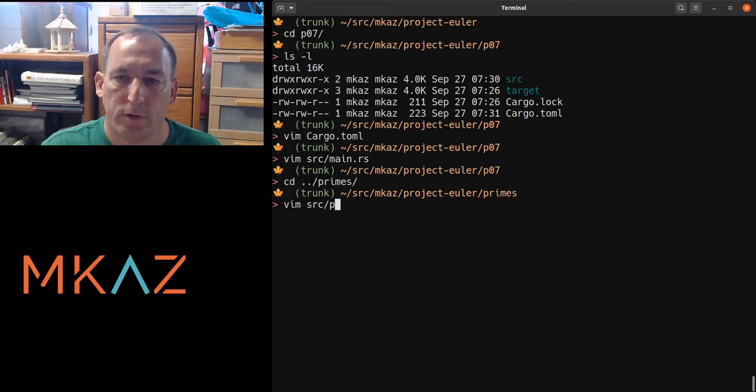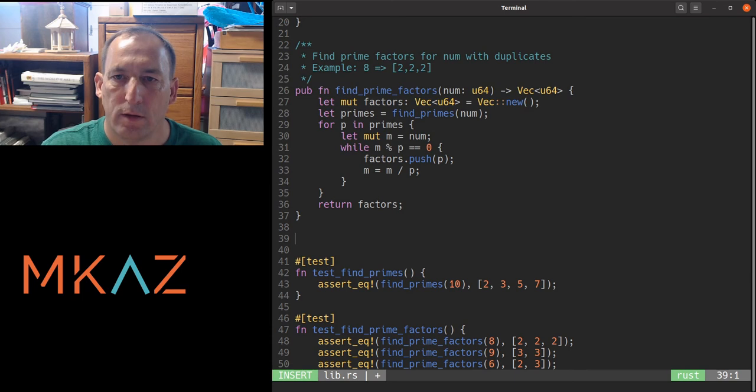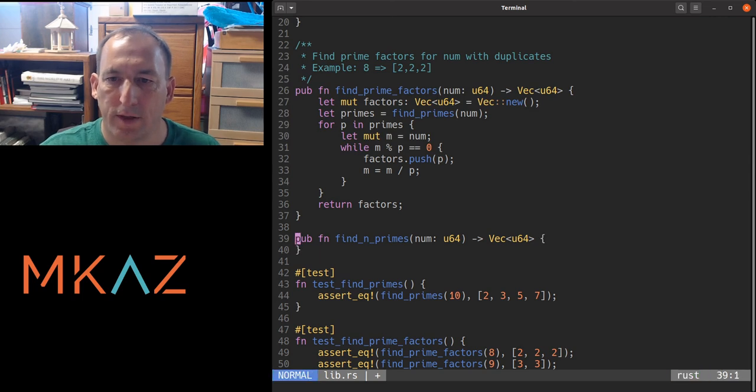Run source. That's called lib. All right, so we want to find pub function find n primes. And what I should do, it should be a relatively small number. I want to return a vector. These might be big. Let's not mix sizes. Doubt we'll ever ask for that many primes, but